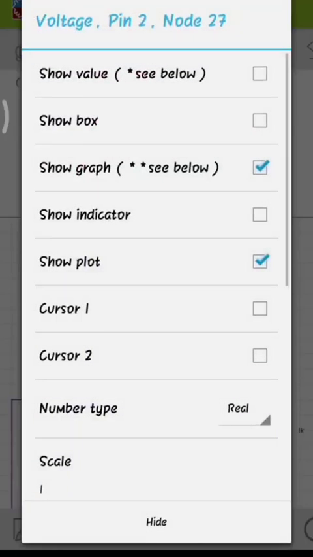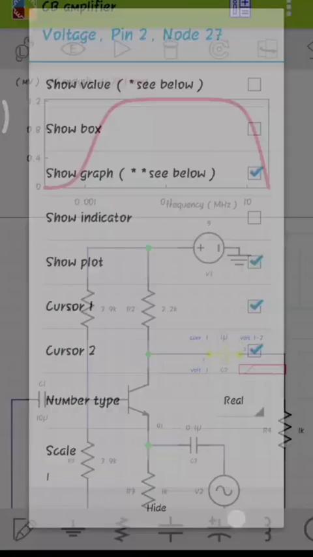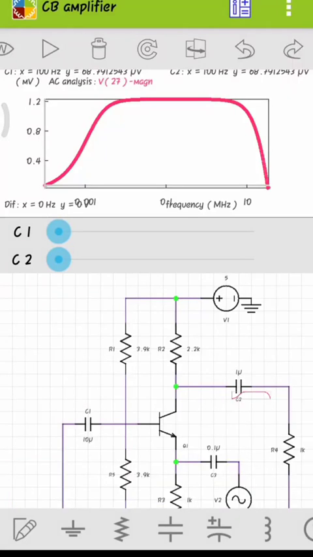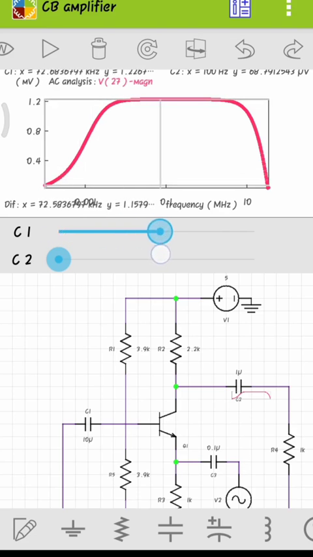If you want to use the cursor, choose cursor 1 and 2 and run it. Here, to calculate the gain value, we need to place the cursor in the constant part of the curve. So place the cursor in the constant place.